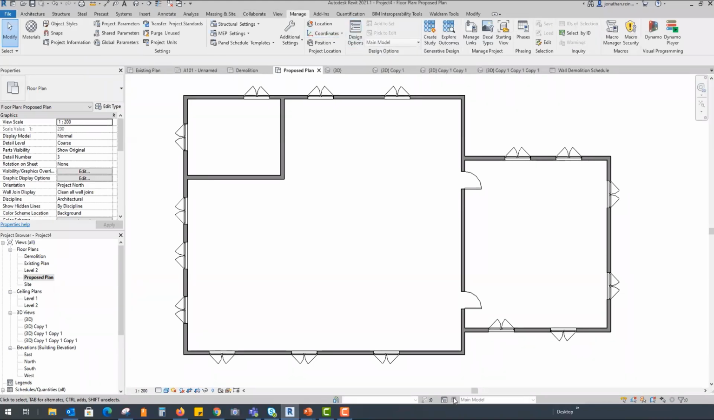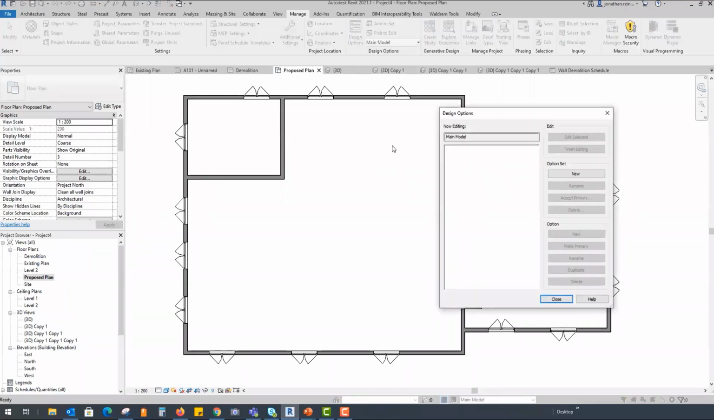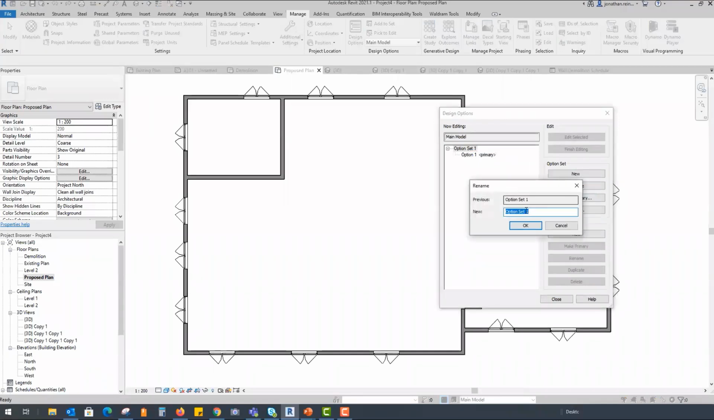So you can access it here, or you can access it down here, and your design options drop down from either the main model option here or main model here. So I usually go to the bottom bar because it's always available. I'm going to create a new option set. I'm just going to rename that particular set